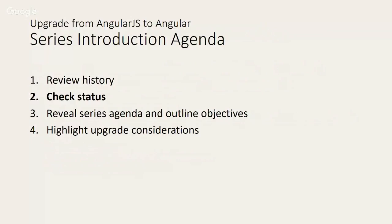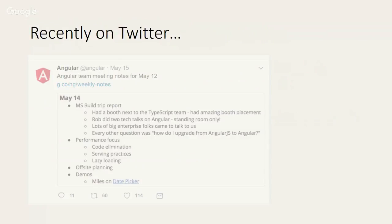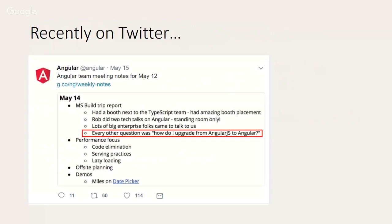So that's what we did a year ago at this time. Now we want to figure out, well, what's going on now? We're a year later, and myself included, a lot of us out there in industry are kind of caught hanging on to an already proven AngularJS code base, but we're wondering, what is it that we can do to upgrade it, or should we? So in fact, on Twitter, the Angular team back in May recently released their May minutes,